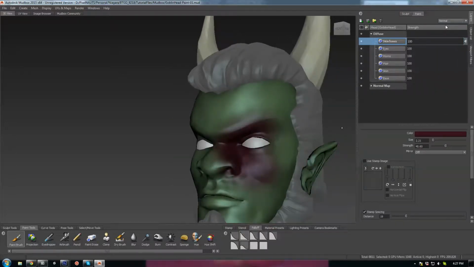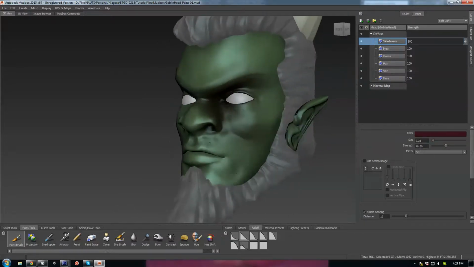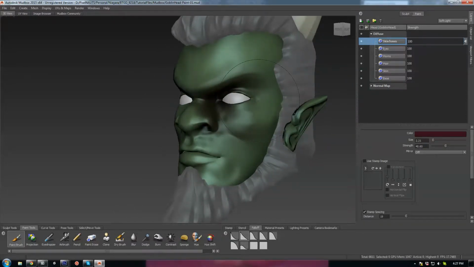And you just kind of go through these and decide what you want. This is kind of nice, a little bit of screen kind of keeps your original color. A little linear dodge is quite nice too. Overlay does a really nice job as well. I think I'm going to pick something maybe like a soft light. I just want a little bit of, I'm probably going to turn my strength down here and just paint in just a little bit of